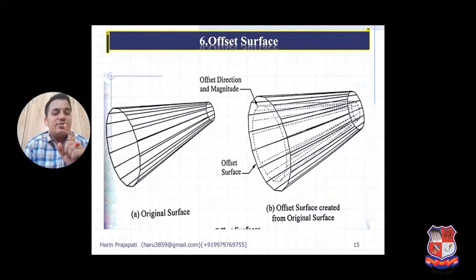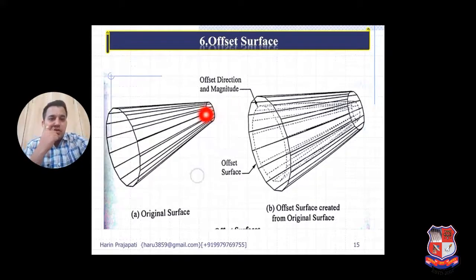Keep in mind, all students, when we are learning about surfaces, a surface does not have any kind of thickness. If it has thickness, then it will be solid modeling. So now if I want to represent thickness in surface modeling, at that time I use an offset surface.